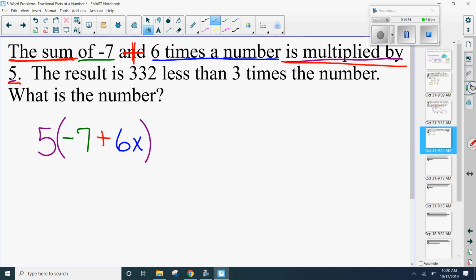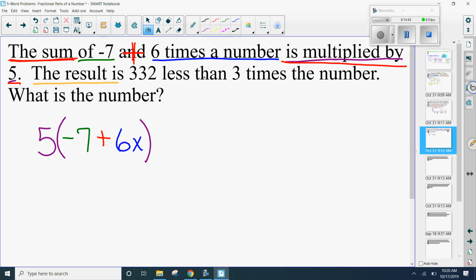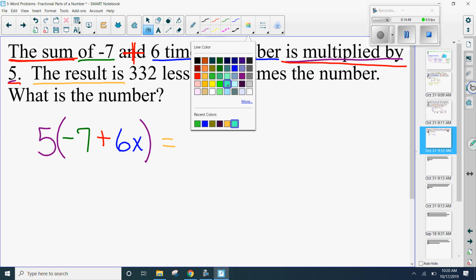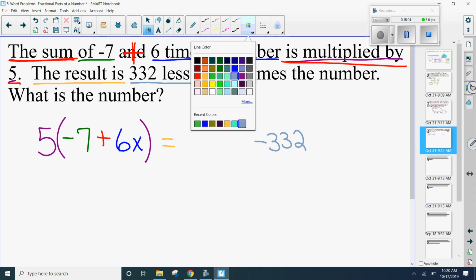And that sum is negative 7 and 6. Now we get to this part that says the result is, which means what? Equals. And then I have 332 less than. So you're going to save some space and put negative 332 because less than you're going to take away. And then we have